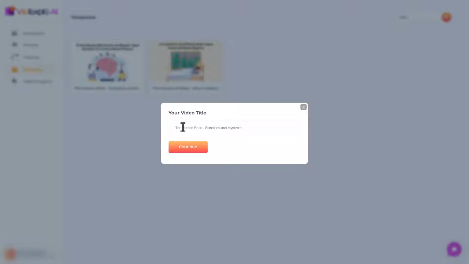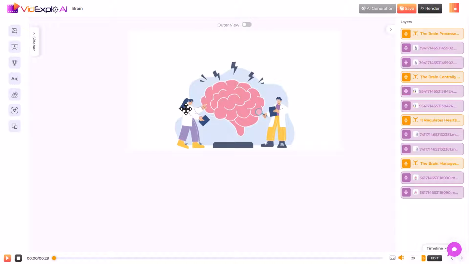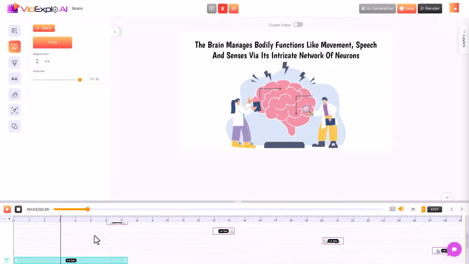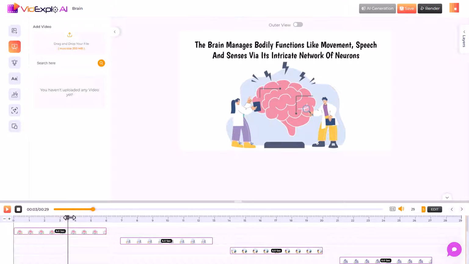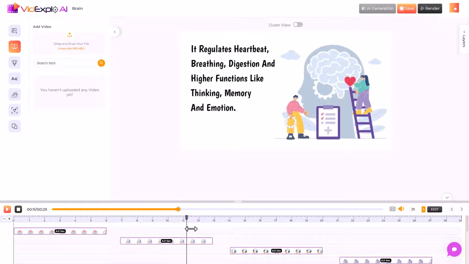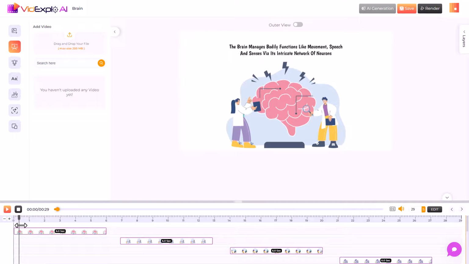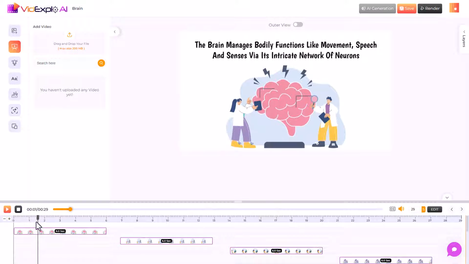So like I say, it's template driven and you can change things within the template. You can preview it, but let's just use the template and go for brain. Surprisingly, we click continue. So we are now into our template and we can click on things to change things. It seems to be loading a little slow. We've got a timeline editor here and it is slide based as well. So here we go. Just scrolling through. So it looks like explainer videos, but it sort of isn't. So we have to get to the point on the slide where everything has appeared.